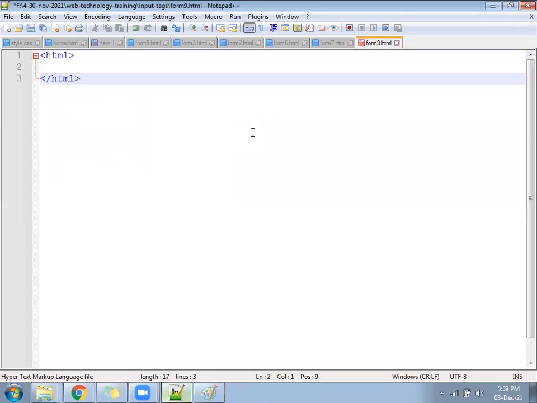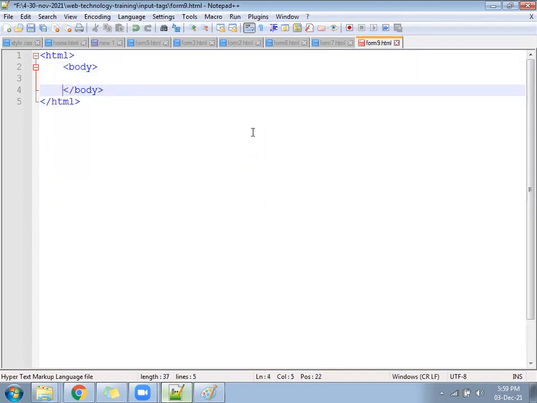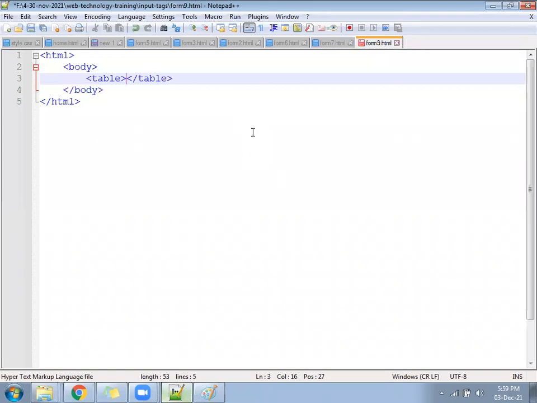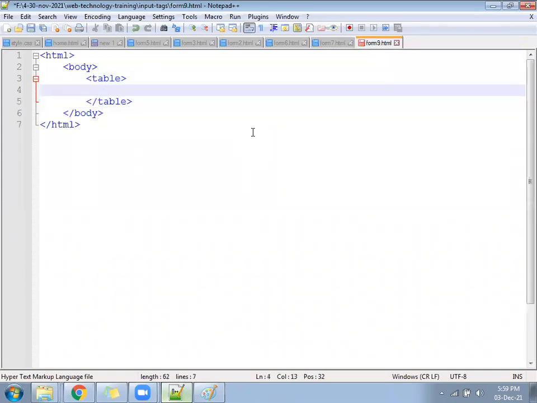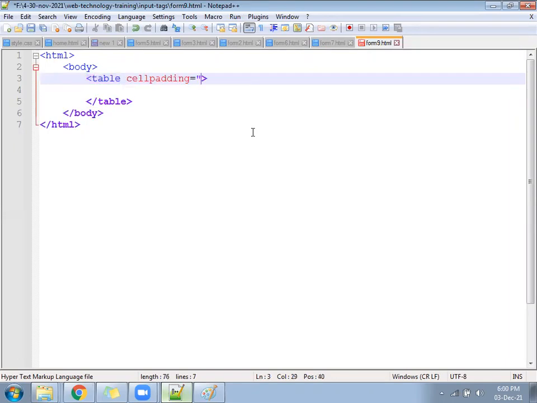HTML, body. Inside the body, you have a table. Okay. For the table, you limit the width. Cell padding equal to 15. Align as center.